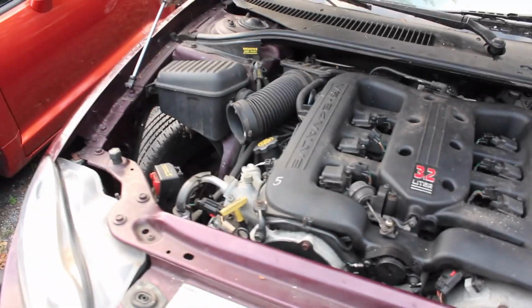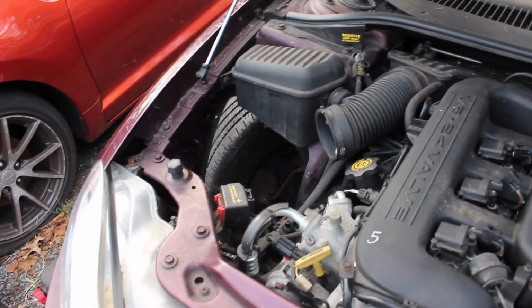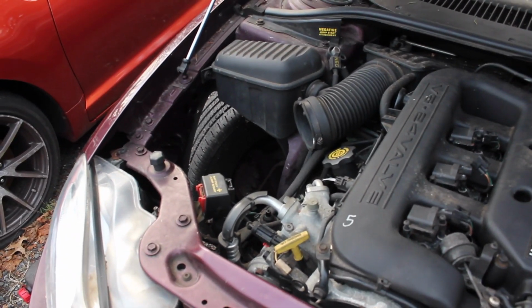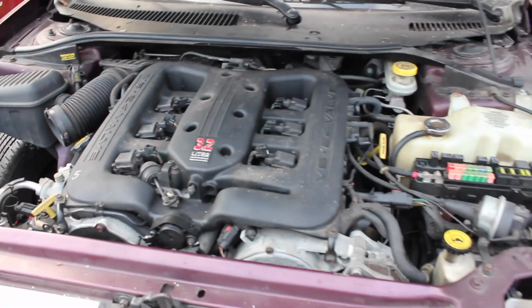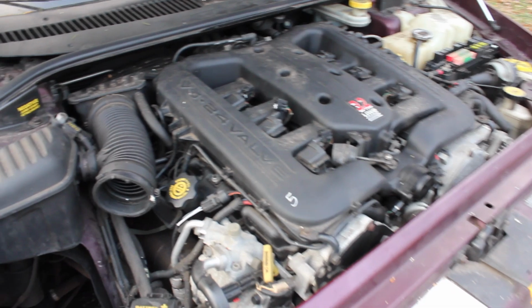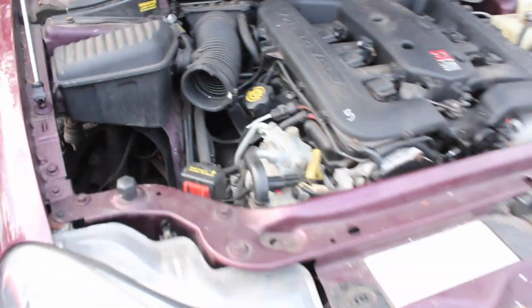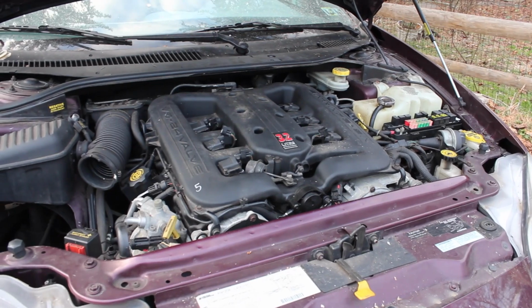I'm gonna put the new battery in because I ended up going and getting a new battery. The other one just didn't even want to take a charge. So the new battery's inside now on a charger. It's a good thing I put it on a charger. It had been sitting in the back rooms at AutoZone for like probably a year. I guess no one really needs batteries for these things anymore, so I was the only one getting one. So yeah, I'll get the new battery in there. I'll put the air cleaner back on with the new air filter, and yeah, we'll call it for today then,